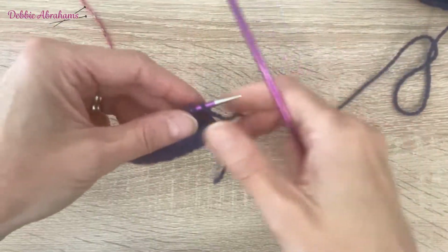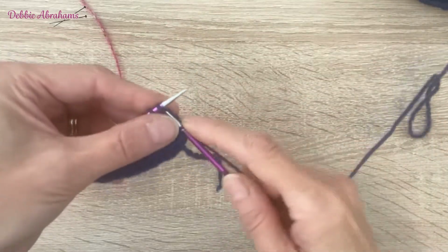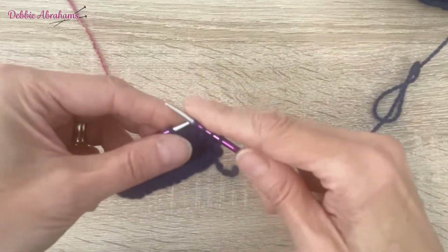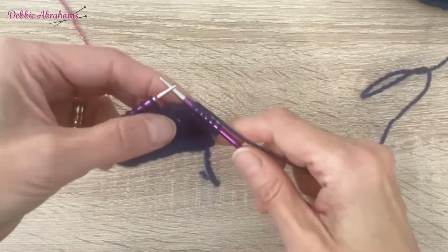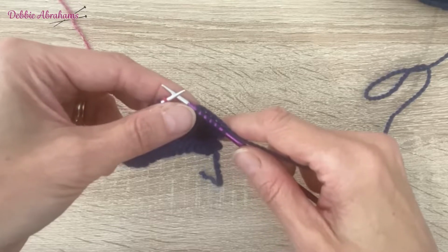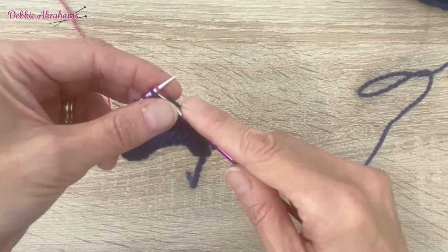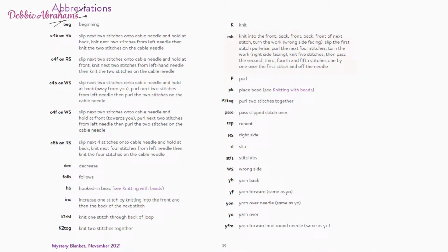Okay, so we're now at the beginning of row 11, where you are instructed to work to the coloured stitches, and in the pattern it will say MB using length of Barbara. MB is the abbreviation for make bobble, and you can find the explanation for this on page 39 of Mailout 10. So to make the bobble, you are instructed to knit